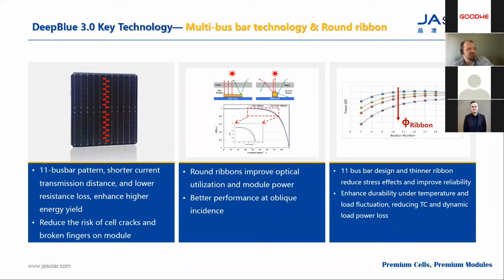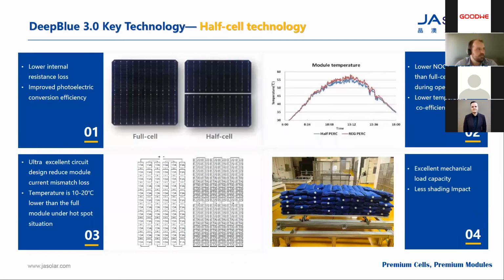Here's some information about the busbar technology. Typically the 182 millimeter cells have 11 busbars per module. There's a reduced risk of cell cracks with this sort of implementation. Now, considering half cell technology,